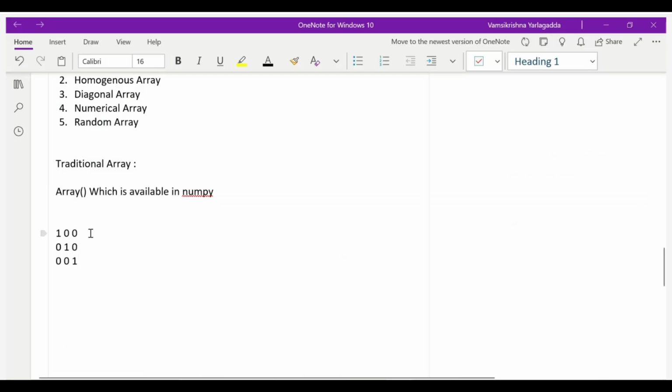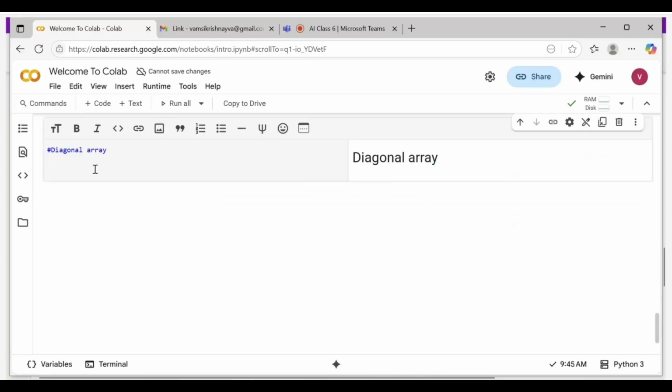So this is the numbers. The diagonal will be the numbers which we have given. So how can we generate those numbers is